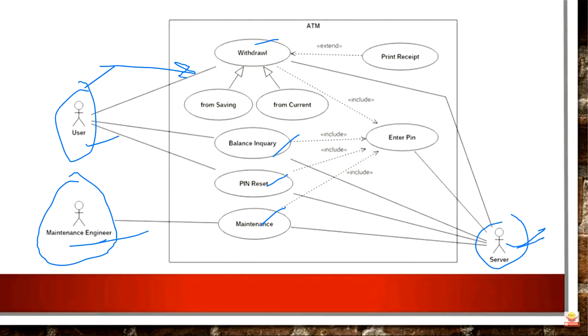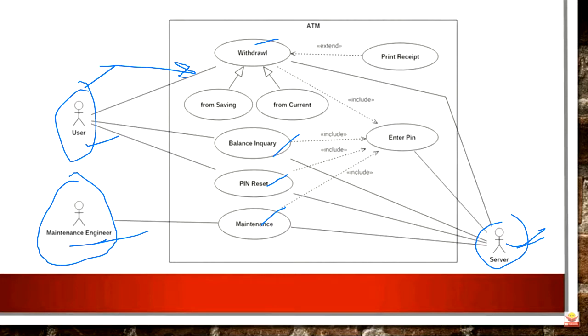Because generally the user is on the maintenance. Yeah, because it is logical, right? If you are seeing this diagram, you will not say that the server is something that is initiating the process. It is very logical that a user will only initiate the process. And this is a logical diagram only, right? It is not code, it is a logical diagram that you are showing.